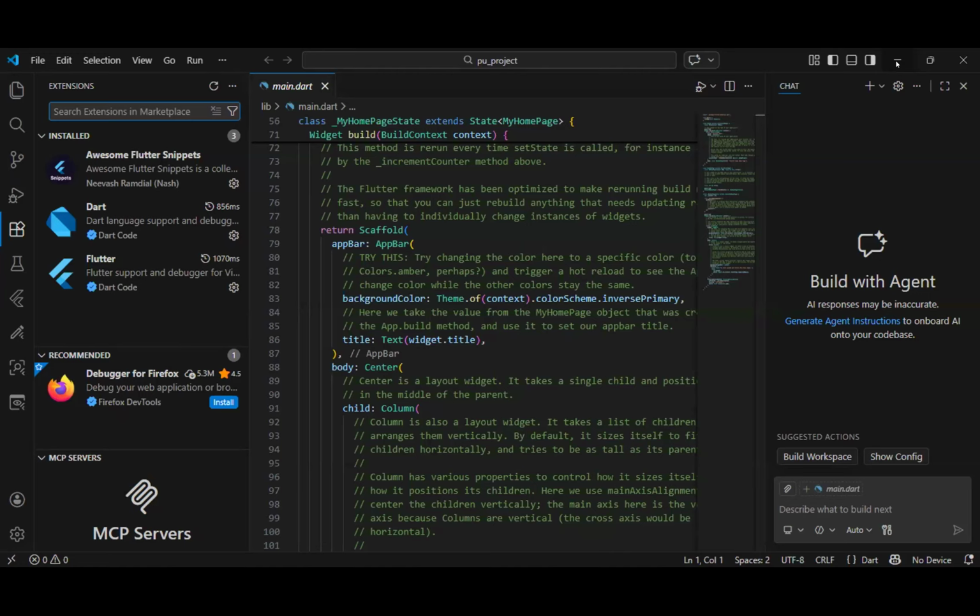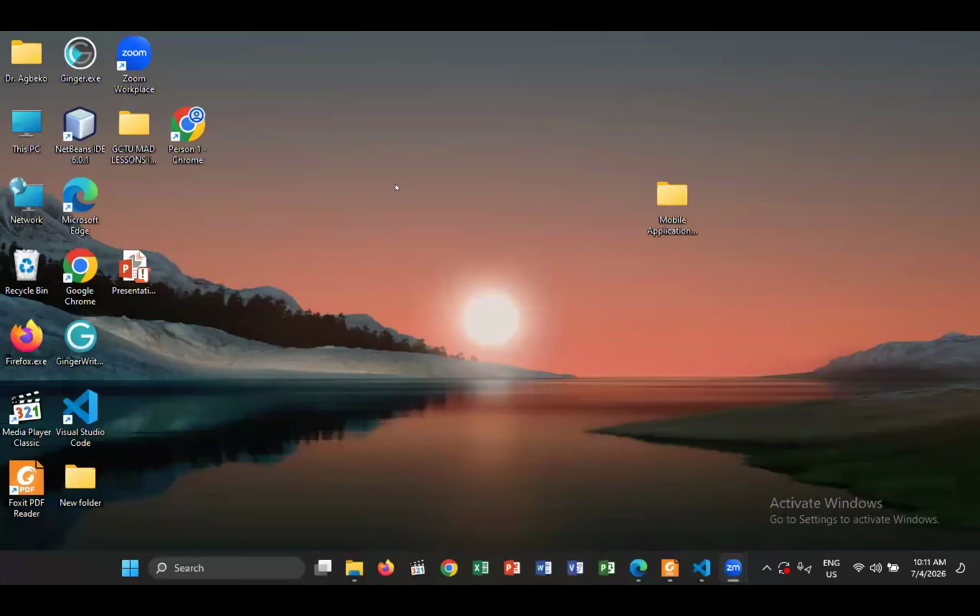Oh, okay, so let me reshare the desktop. Can you see the desktop now? Yes, sir, we can see it now. Whatever I do on the desktop, can you see it? I'm shaking the mouse. Yes, we can see.